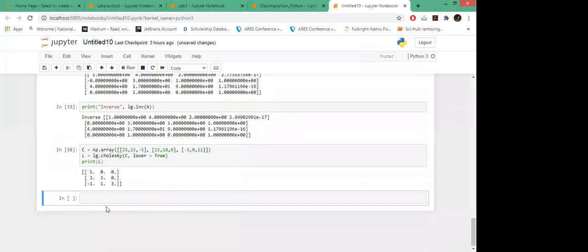Okay, so now comes the QR decomposition. What is the difference here? In LU you have lower triangular and upper triangular, but in QR the R matrix is the upper triangular matrix, whereas the Q matrix is the matrix with orthonormal columns, an orthogonal matrix. This is the difference. Based on how we factor the matrix, we have these different forms, and we can apply LU, Cholesky, or QR decomposition according to our convenience.